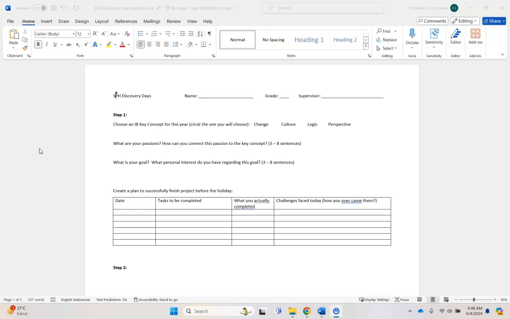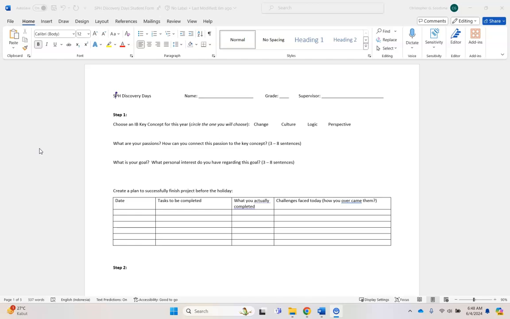with your key concept, and you make a goal of, over this next 10 days in school, I'm going to do a project where I make this happen. And so it could be perspective. Maybe you want to help people understand the universe, right? And if you are really into space and science, you're going to be like, I want to be able to educate my community on the size of space and the world and our place in it,